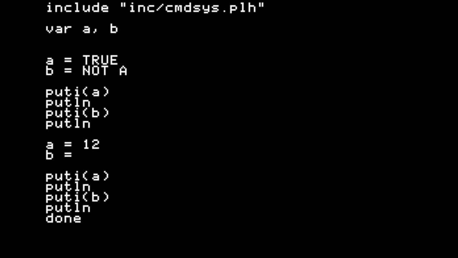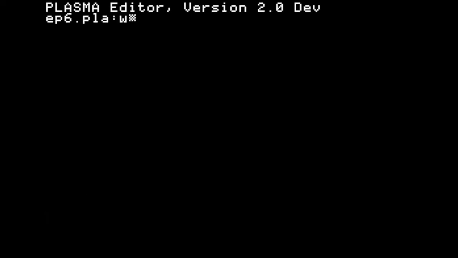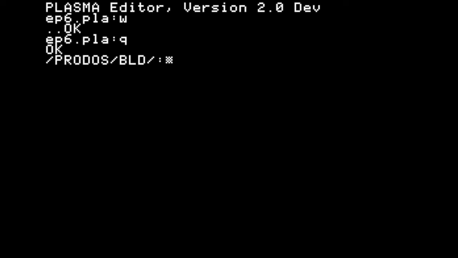We can combine these and say, let's say, A is greater than 10 and A times 2 is less than 30. That will use the logical value of true or false for that expression and set it to B. So when we go to execute it,